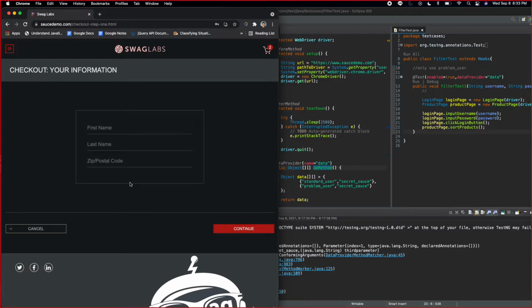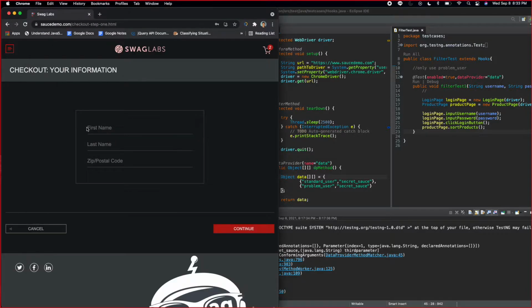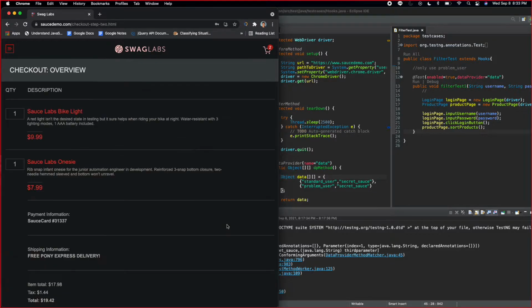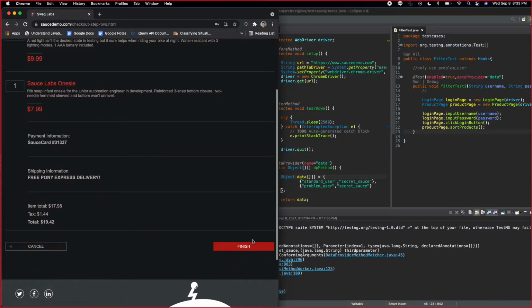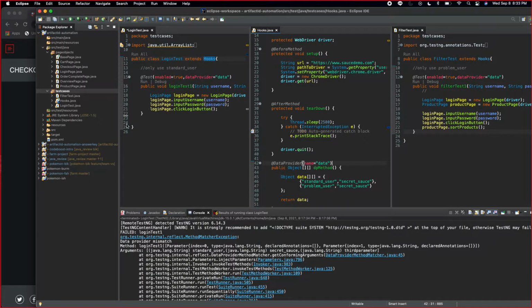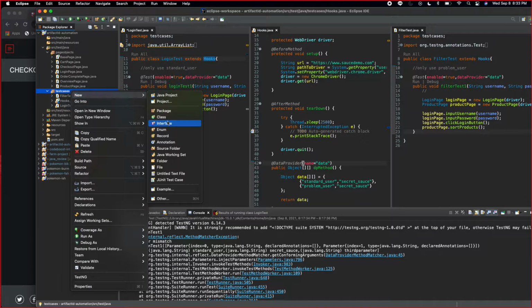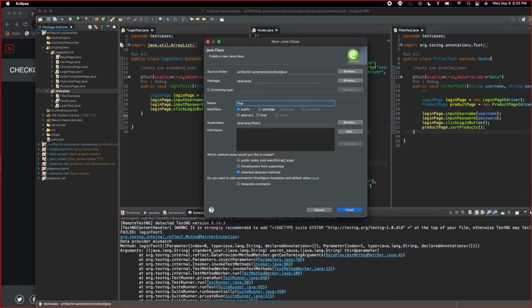Like, you could say checkout, right? But what I'm trying to get at is you could just call it payment test, right? And payment test comes with its own set of things to take care of, right? Like you gotta do all this, and you finish, right? So that's something we haven't even begun testing yet. So in the future, if you want to make a test case or a test suite for payments, you would do something like this: